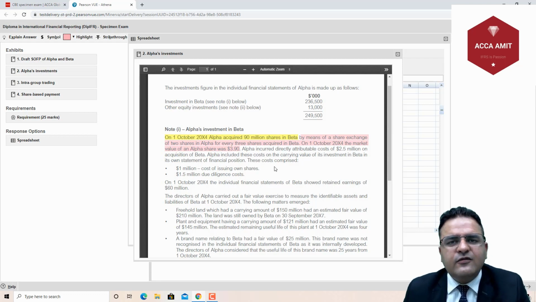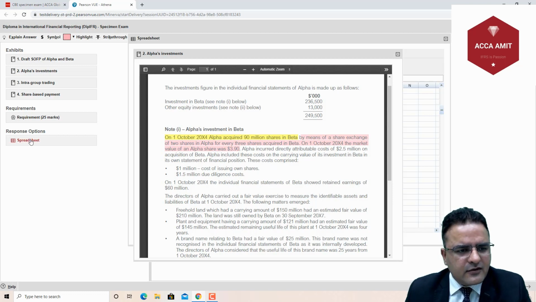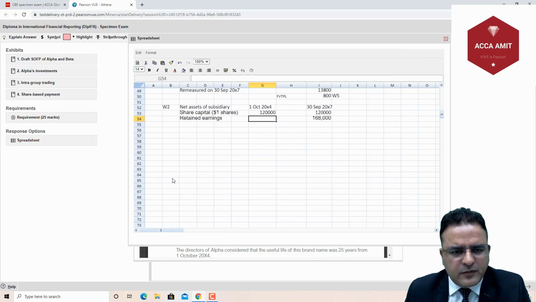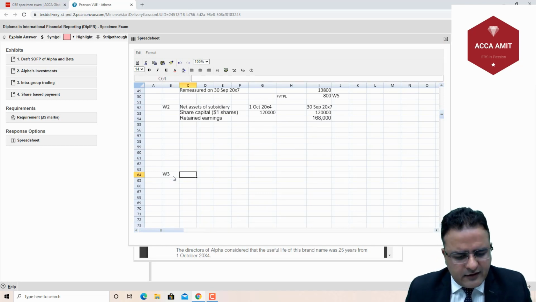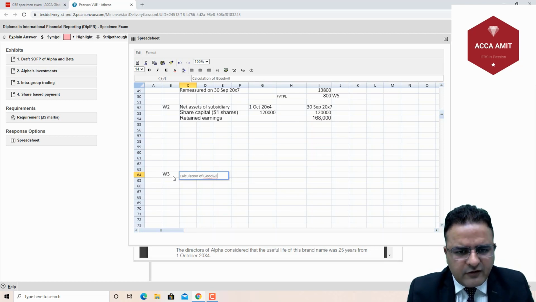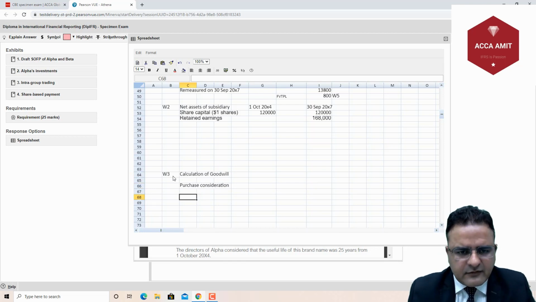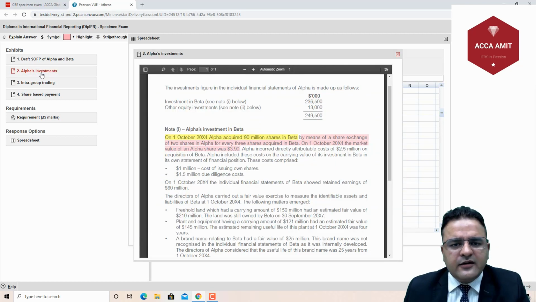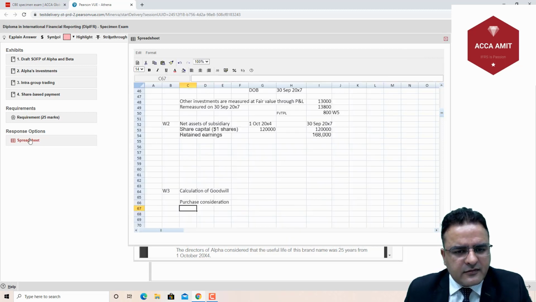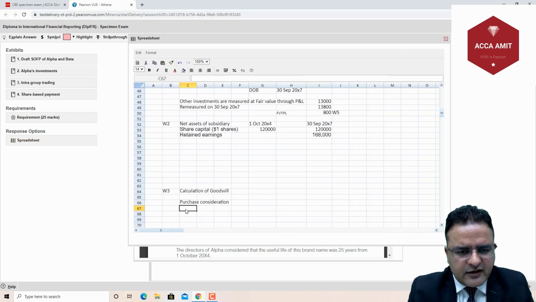Or we can first calculate the value of these shares. So if I go to working note number 3, let's open up working note number 3 altogether here. We need calculation of goodwill. Now in calculation of goodwill, we'll be needing this information of purchase consideration. And purchase consideration is these shares acquired. So we have acquired 90,000 shares by means of a share exchange for every 2 shares. Now 2 shares were issued for every 3 shares acquired in Beta. So if 90,000 shares are issued,